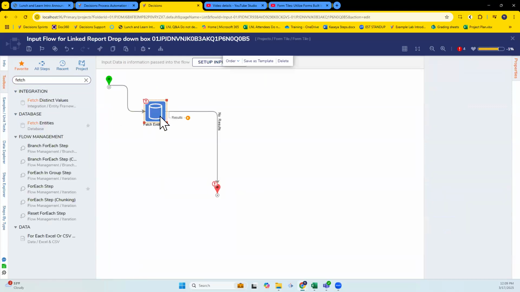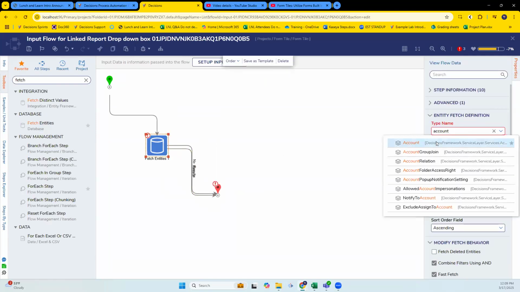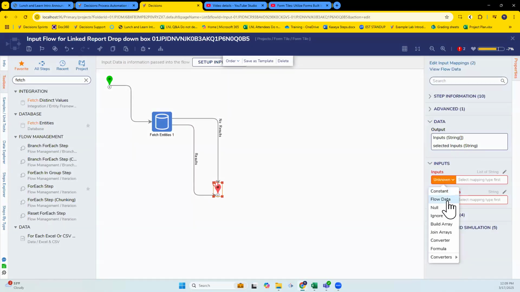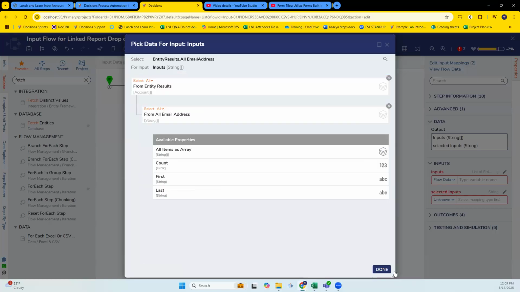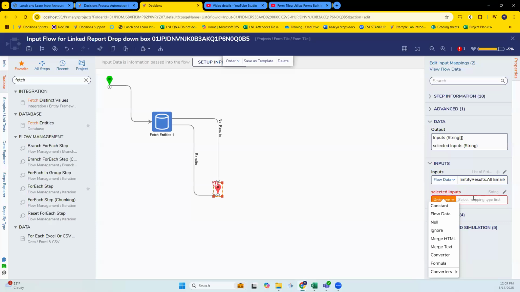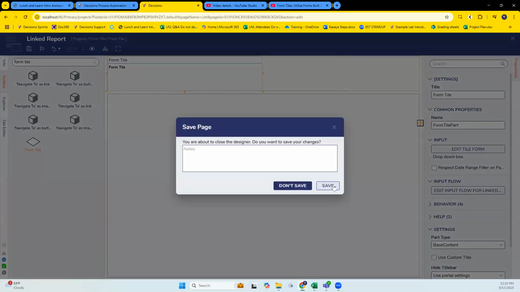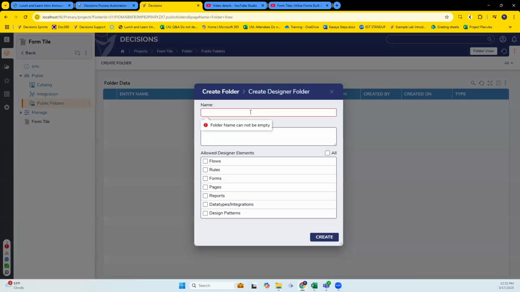So depending on how you're getting your data here, I know you said you had a SQL query and stuff like that, kind of. But yeah, we can just pretend that we're doing it this way and we're getting a list here. From here, inputs, flow data, entity results, and I'll do all email address. This is for like pre-filling or auto-populating one by default. I think I can just ignore it for now. Let's go ahead and see what we're working with in the moment. It's not going to do anything just yet, but I want to go ahead and set up some of the framework here.